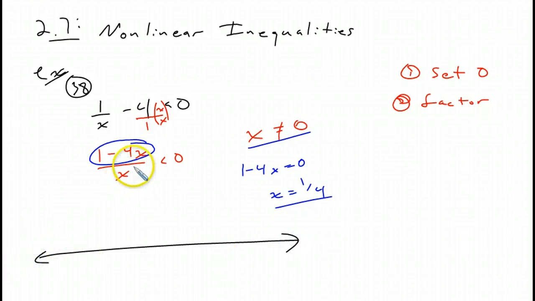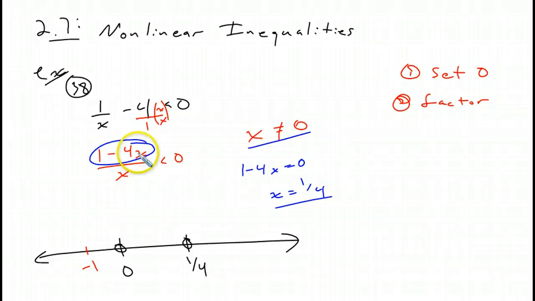And once again, just like in the last problem, our function is less than 0, so we are going to be looking for negative numbers. So I have 0, I have 1/4, and I'm looking for negatives. 0 is open because I cannot have it. 1/4 is also open because it's just less than. And just pick some numbers less than 0. Say I choose negative 1. Well, when I put in negative 1